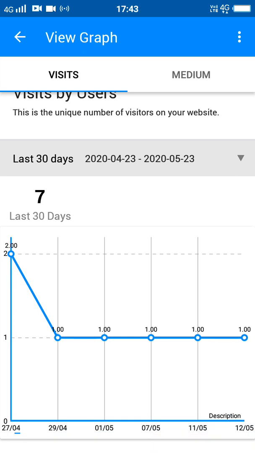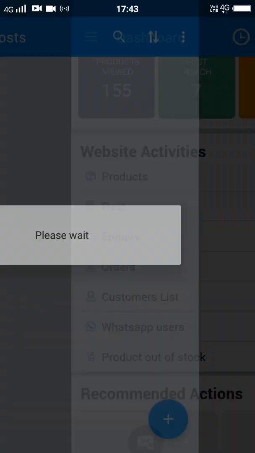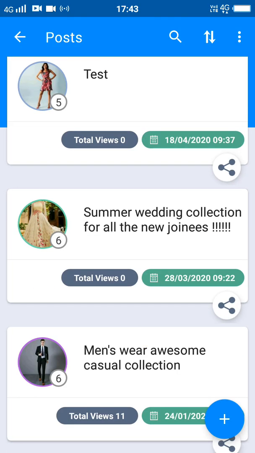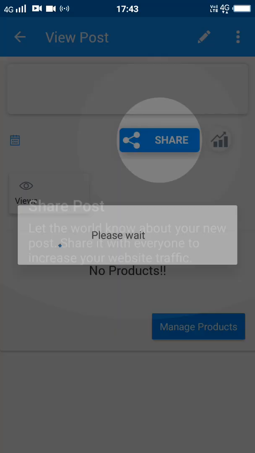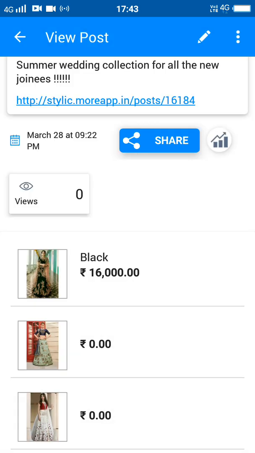For example, if you have created a catalog of summer clothes, here we will see I have created a catalog of summer clothes which has 10 to 12 images on it, and you have shared the catalog directly onto your website, then that visitor entry is recorded here.